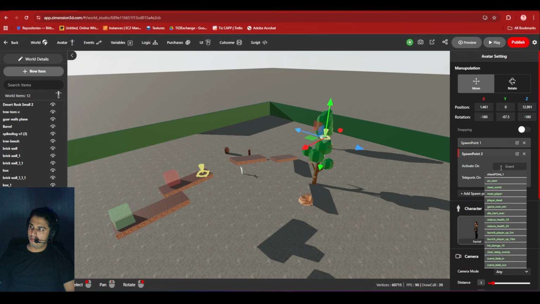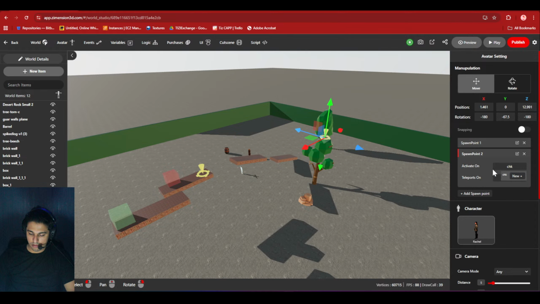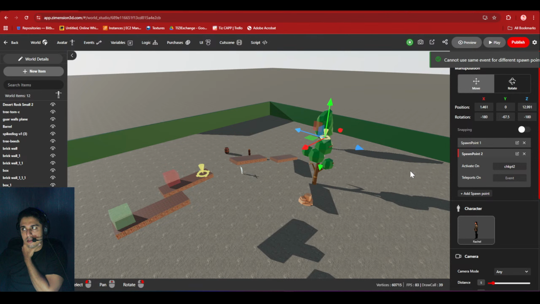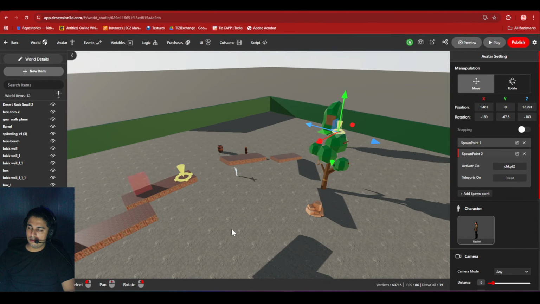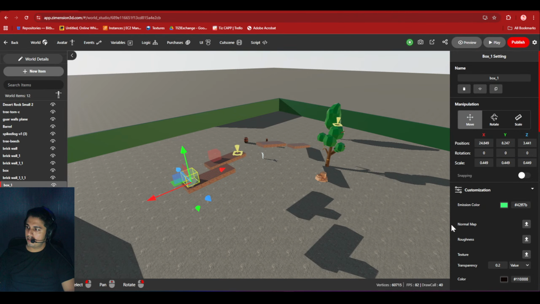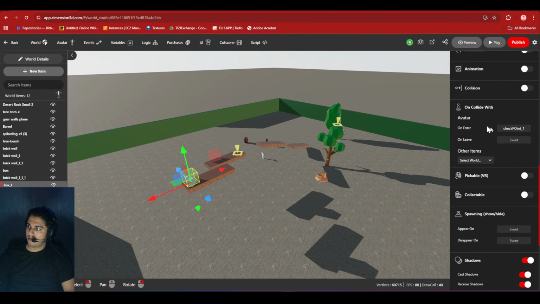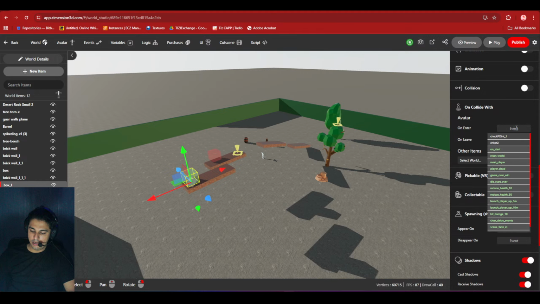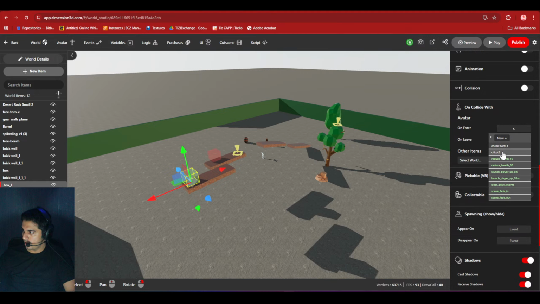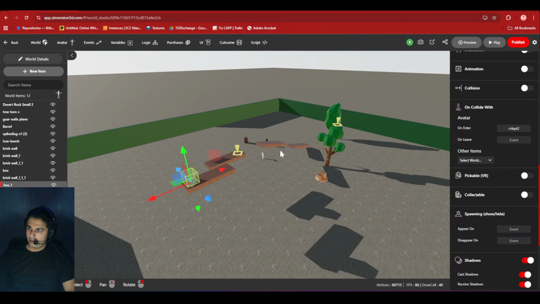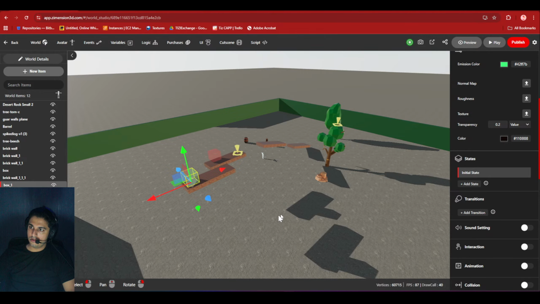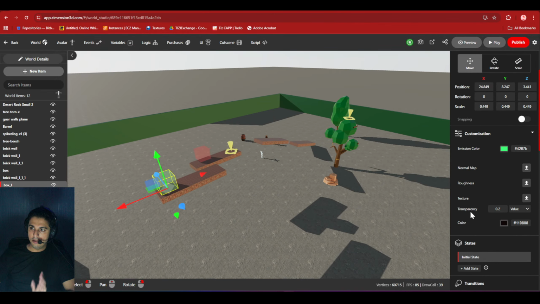So here first we'll put checkpoint 2. Okay, I'm not using this here anyways. Okay, so checkpoint 2 and this event shall be triggered when I enter this box. So on collide with, I'll delete this, write CH, okay, checkpoint 2. But again, what should happen is it should not just activate this checkpoint, but should teleport directly to the tree.